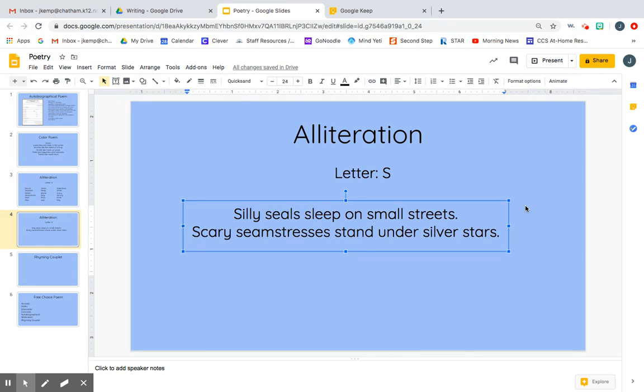Okay, now you are going to go on Seesaw. You're going to choose a letter, and if you choose, I will let you choose S because S is a letter that has a lot of words that start with it. But I would like you, if you choose S, to try not to use any of the words that I picked that start with S. And if that's too hard for you, then I want you to pick a different letter. Okay? Go ahead onto your Seesaw, choose your letter, do your brainstorming.